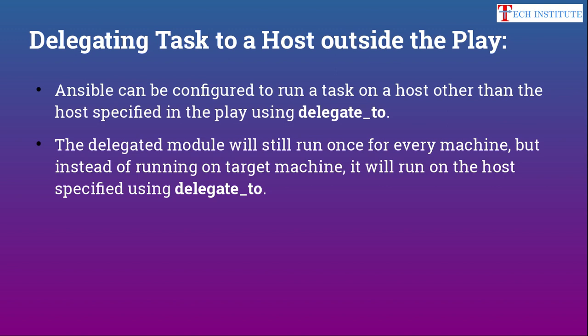Suppose you are writing to a log file. It will run 10 times and update the log file with 10 statuses. But sometimes this may create a problem, because Ansible uses parallel connections to your target hosts. So you may have multiple parallel SSH connections to your delegated node, which may sometimes fail if you have SSH restrictions, like only 5 or 10 connections at a time. So keep this in mind: if you use delegate_to, it will run multiple times, not only one time on that host, even though you are specifying only a single host.